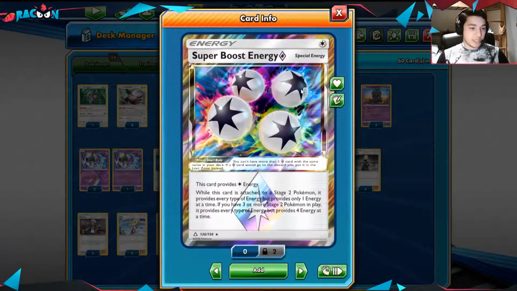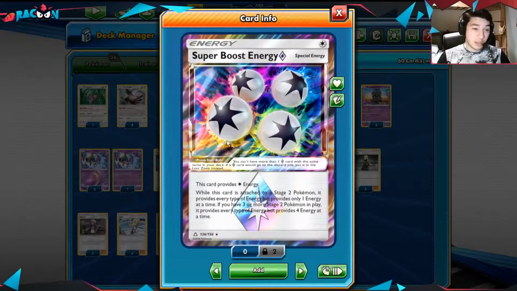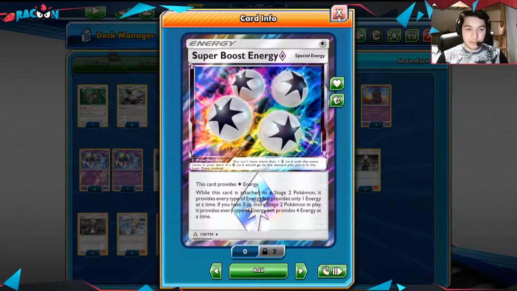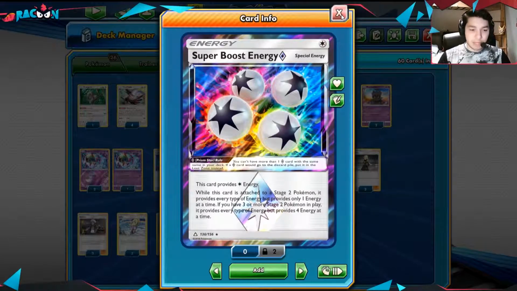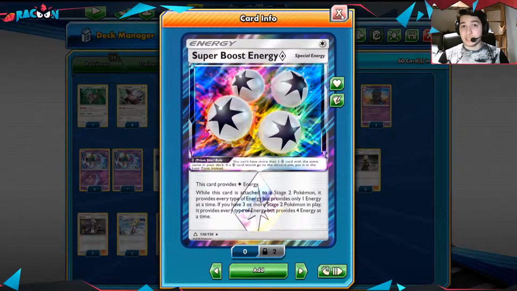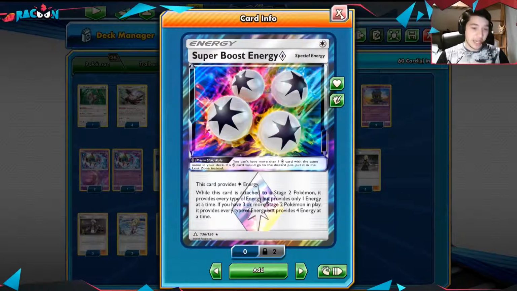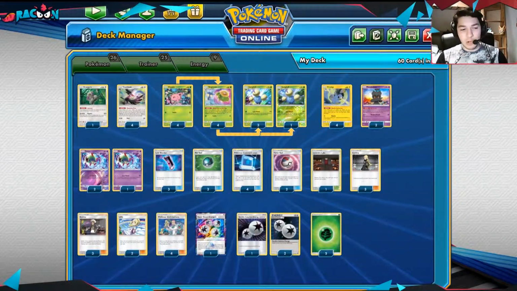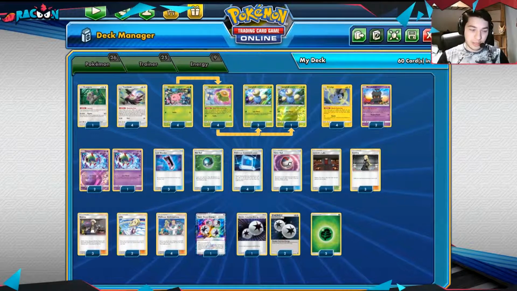The Super Boost Energy is a pretty peculiar card. It's a Prism Star, an energy Prism Star, which is not that common. The only one that I can think of is the Ultra Beast Energy. When this card is attached to a Stage 2 Pokemon, it provides every type of energy, but only one energy at a time. If we have 3 or more Stage 2 on our bench, it provides 4 energy at a time, which is, of course, amazing. And we will never use the 4 energy thing,